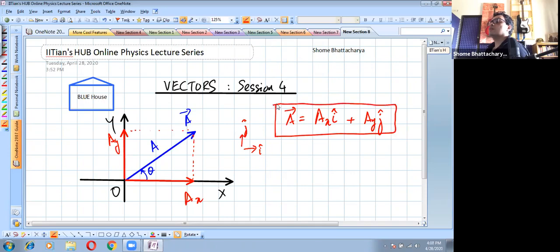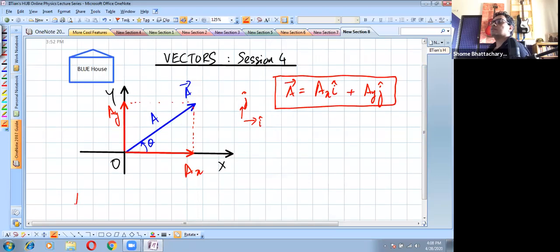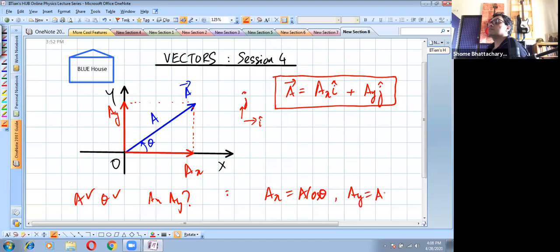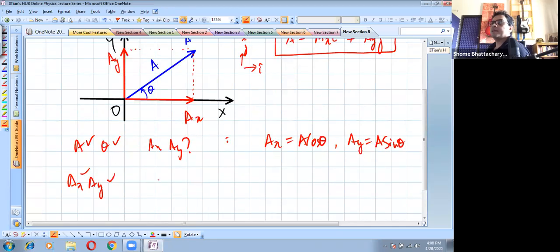Okay. And the two conversion equations are, suppose we know the magnitude of the vector and we know the angle theta, and we want to find out ax and ay. So we use the formula ax is A cos theta and ay is A sin theta. Okay. And suppose on the other hand we know ax and ay, the components are known, and we want to find the magnitude of the vector and we want to find the angle theta. Okay. In that case,